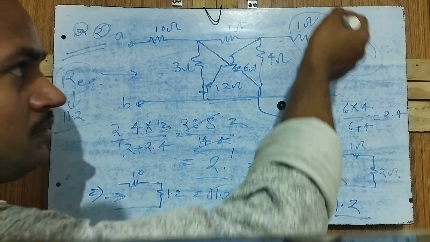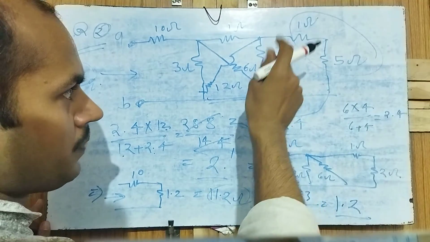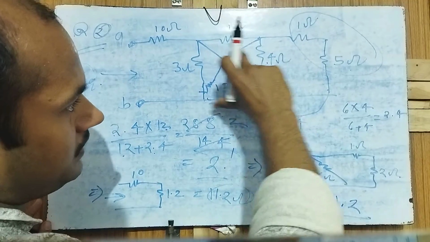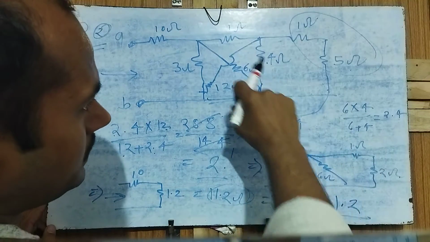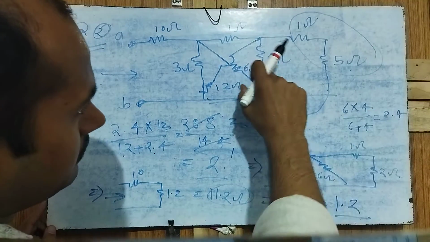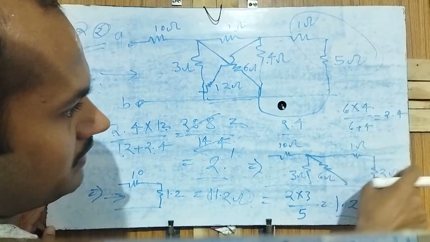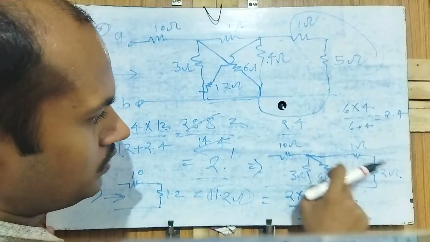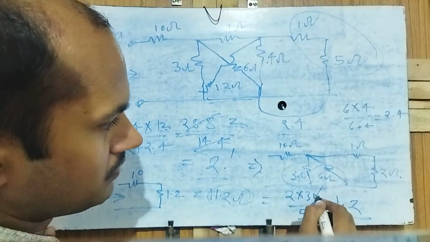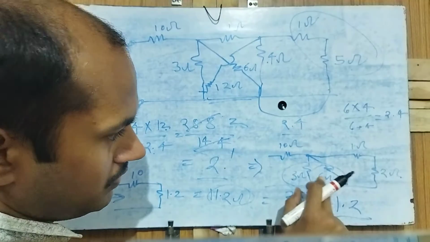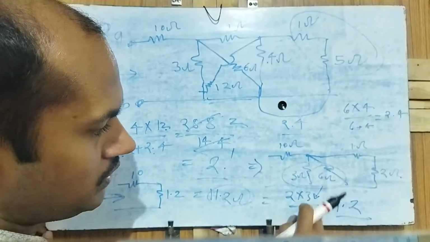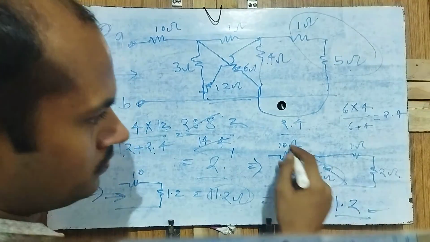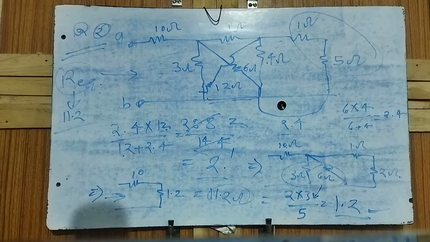You can understand: series, then parallel 4 ohm, then again parallel to 12 ohm. This solves to 2 ohm. 2 ohm in series with 1 ohm gives 3 ohm. We have solved 3 into 6 divided by 3 plus 6, so that was 2 ohm. 2 ohm parallel to 3 ohm will be 1.2, in series with 10 ohm. So the answer is 11.2 ohm.